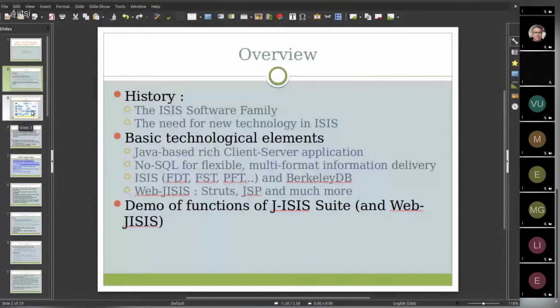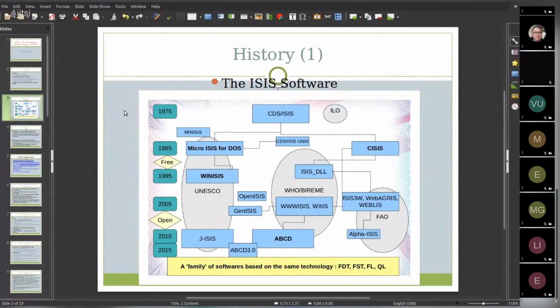Now, pointing to the history, this is a picture summarizing the whole history, which is mostly a software developed within the United Nations environment. It has a history which is already decades old. It started decades ago in the International Labour Organization, which you can see on top of this picture. And again, I don't need to go into all those steps of the development, but as you might see towards the middle of the picture, there is a lot of work done by UNESCO,